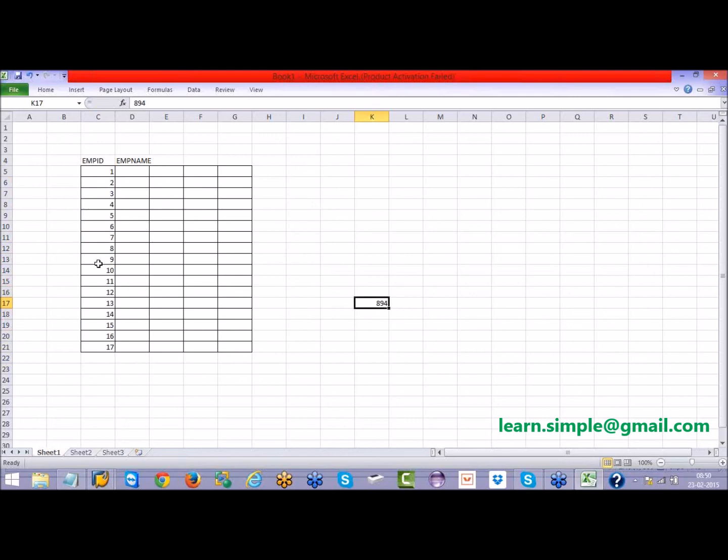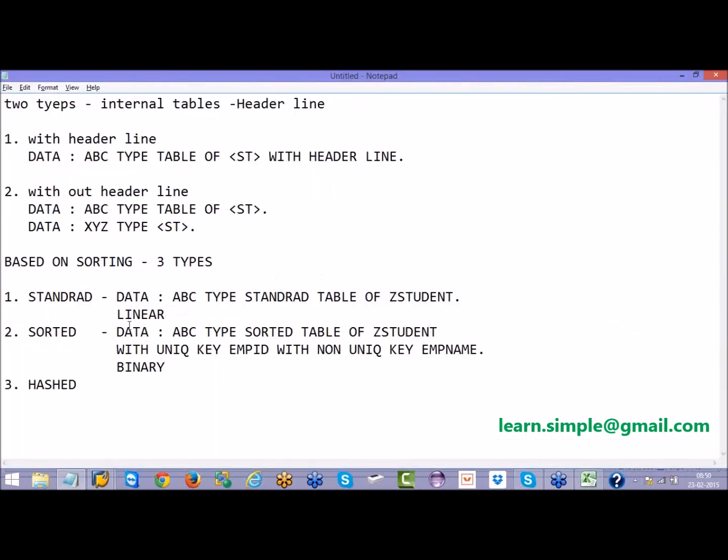Now the 751 to 1000 will again be divided into 2 halves. So your search goes like that. That is called binary search, and binary search is faster when compared to linear search.